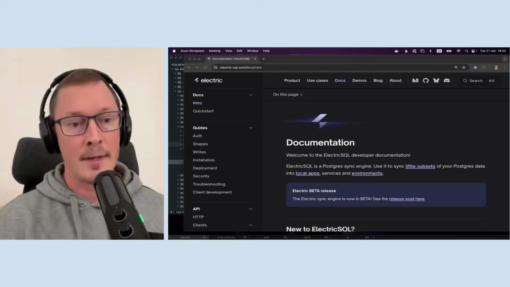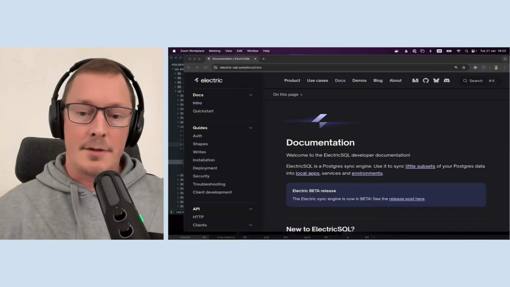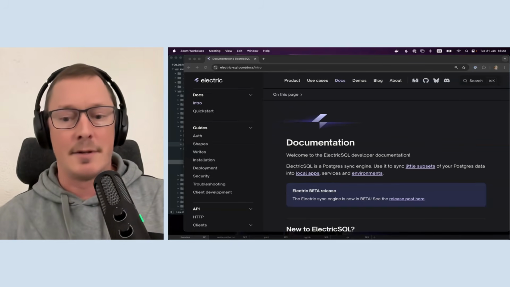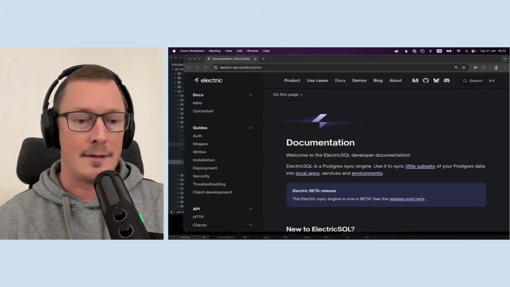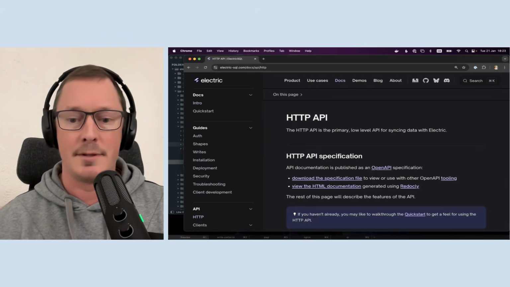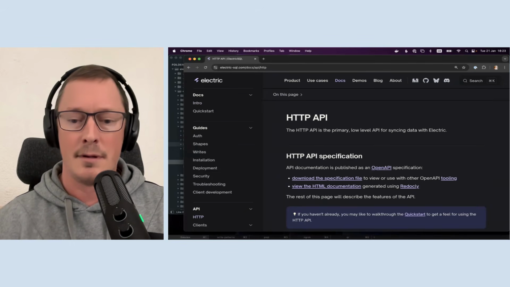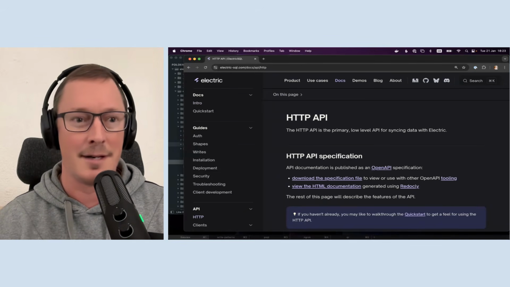So I'm just going to come out of presentation and jump over. And so I'll just set a little bit of context by looking at the Electric site. So as I mentioned, I'm just going to kill Zoom. I'm not sure if you can see it, but I can.